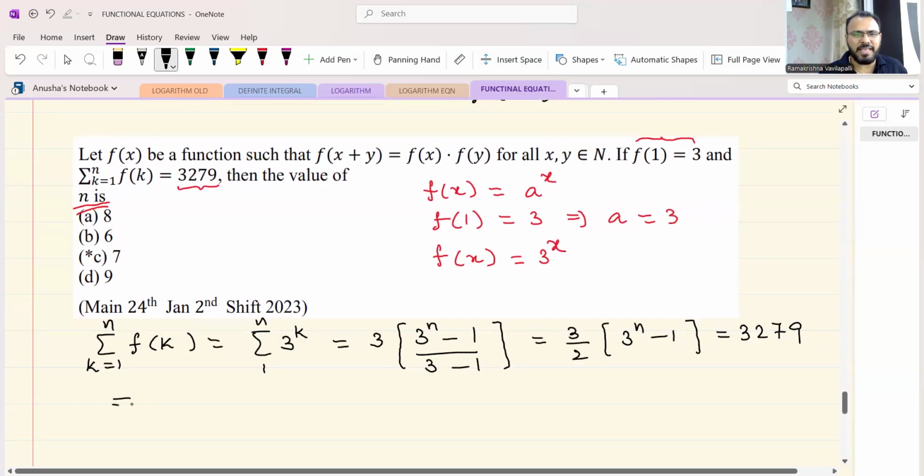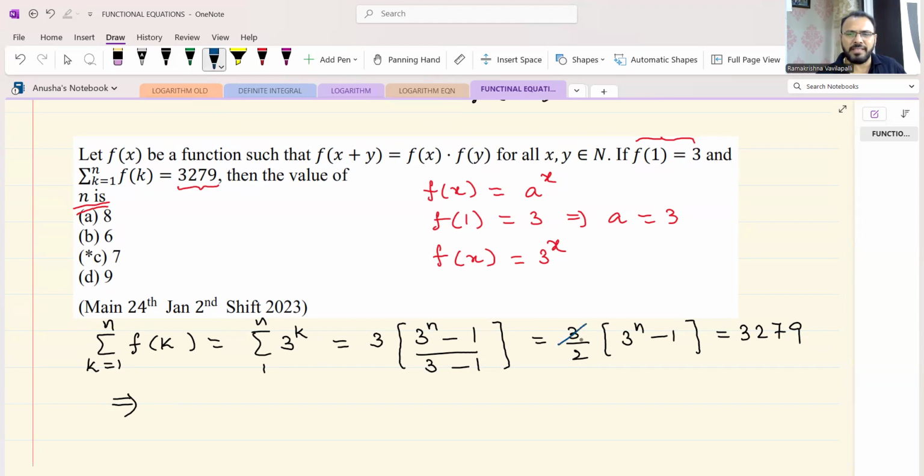Now I think we can cancel by 3. Cancelling by 3 gives 1093, and multiplying by 2, 3 power n minus 1 equals 2186. This implies 3 to the power of n equals